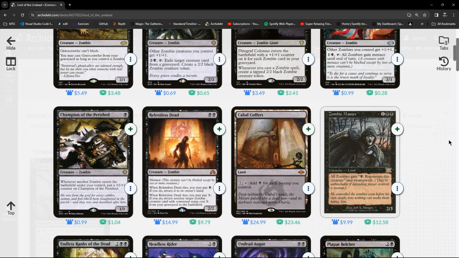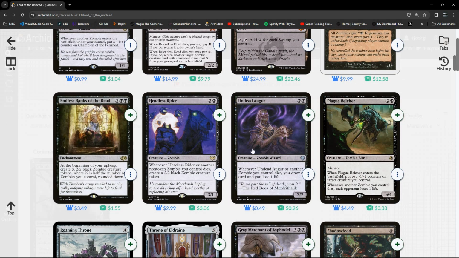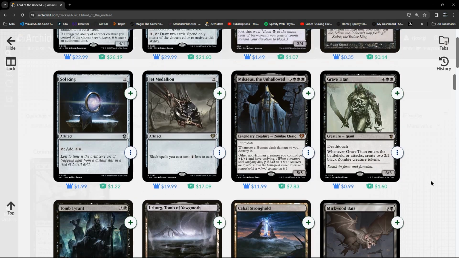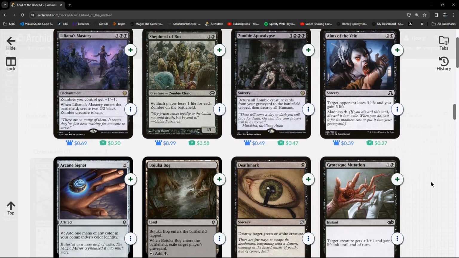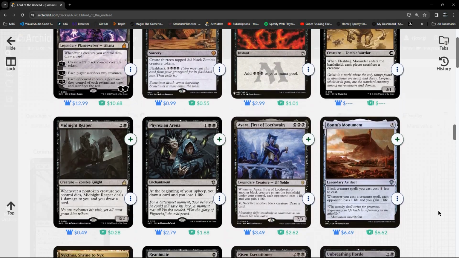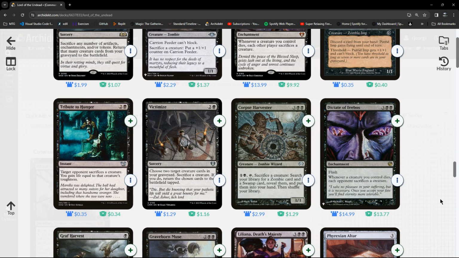So all zombies gain. Do I want to go with things that buff zombies as a first choice? At the beginning of, hang on, this thing. Beginning of upkeep, create X 2/2 black. This is half the number of zombies you control. Yep. So I'm just looking to see if there are any spectres, but I doubt it. So let's just go down to the bottom here. Yeah, I don't think that's going to be